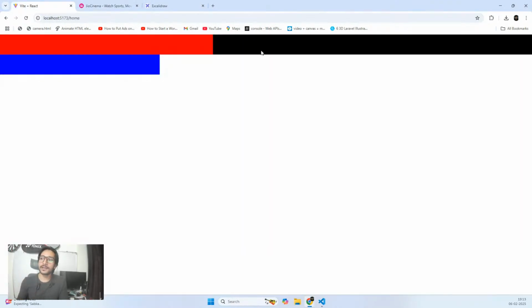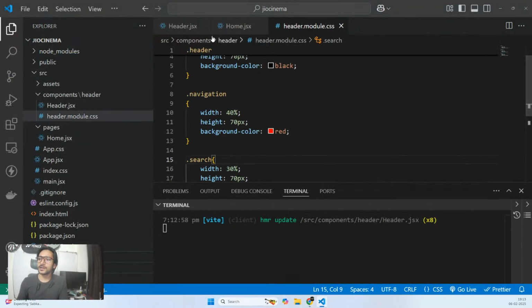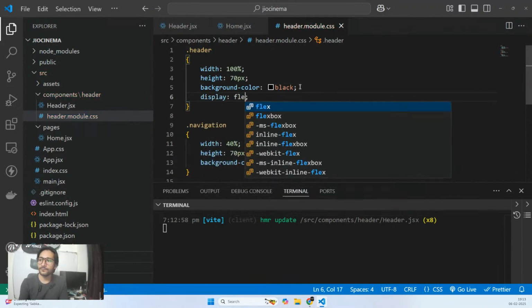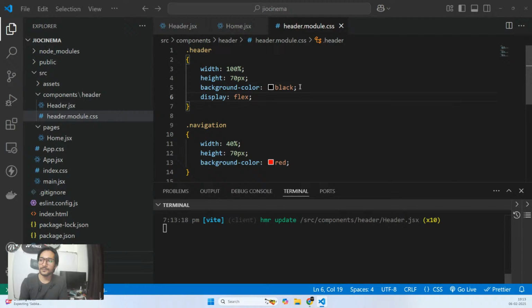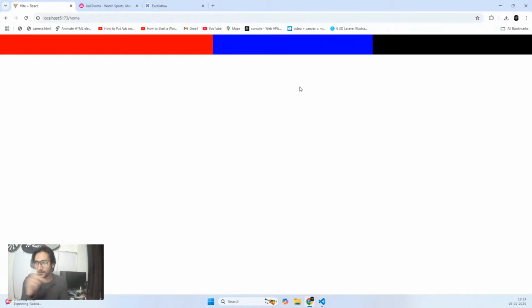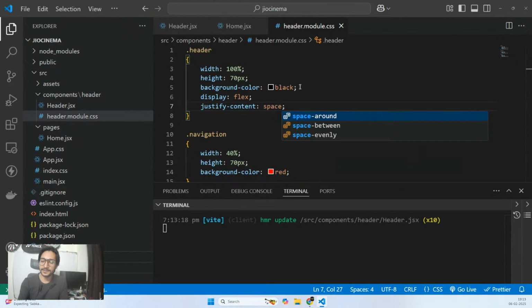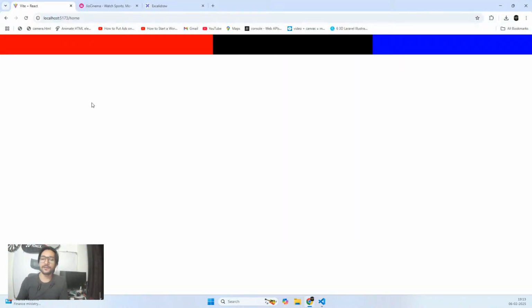For that, we can make this header, the parent, as flexbox. So let's go to this CSS and make the header parent display flex. And here we go. And now to move them into two corners, we'll do justify content space between. And here we go. See that, right, everyone? Hopefully